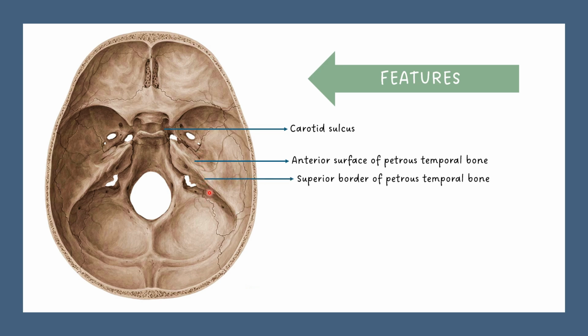The superior border of the petrous temporal bone is grooved by the superior petrosal sinus. The margins of this groove provide attachment to tentorium cerebelli. And it is crossed by the trigeminal nerve here near the apex of this petrous temporal. And in the lateral part of the fossa, we also see the impressions for the middle meningeal vessels, and the depressions produced by the gyri of the temporal lobe of the cerebral hemisphere are also seen in this fossa.